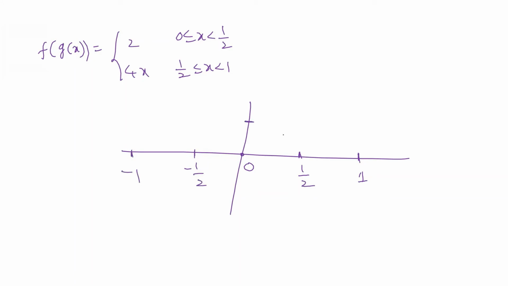So between 0 to 1 by 2, we have to get the graph as 2, so that we can directly see here. So between 0 and 1 by 2, we are going to get the graph as 2. So till this point we got, that will be 2. And between 1 by 2 to 1, we have to get the graph as 4x. So if you draw the graph of 4x, we are going to get something like this. Okay, so this will go till 4. When x equal to 1, this will go till 4, right? So that is what we will be getting here, right? So this is the graph that we got between 0 to 1 by 2.